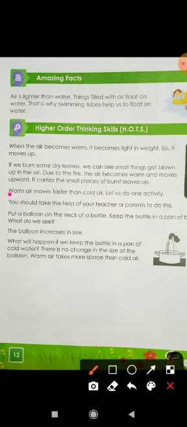Okay, in this activity we'll learn that warm air moves faster than cold air. Now for this we should take the help of your teacher or parents to do this activity, as I have already told you. For this activity what we need to do is put a balloon on the neck of a bottle, keep the bottle in a pen